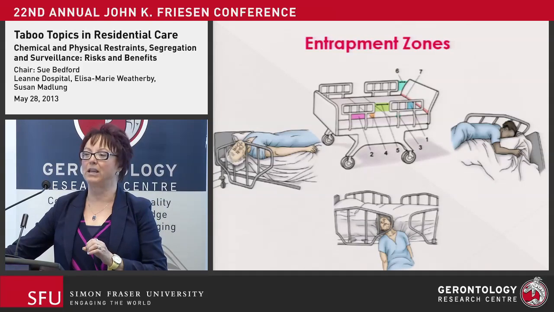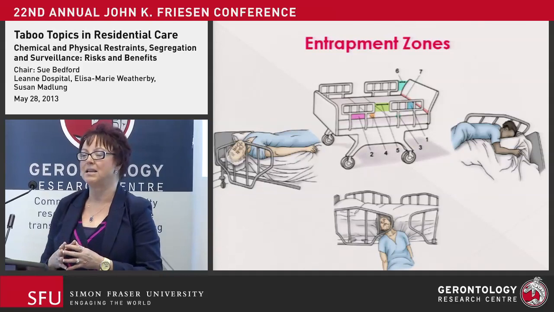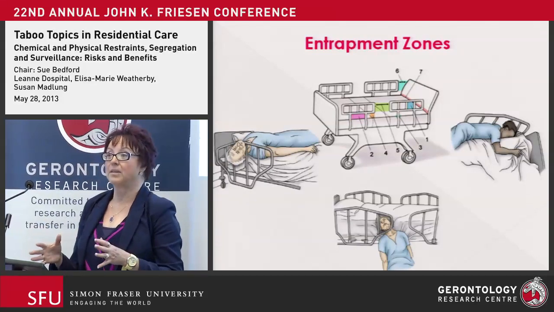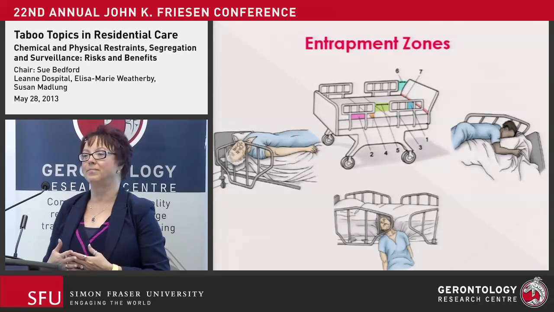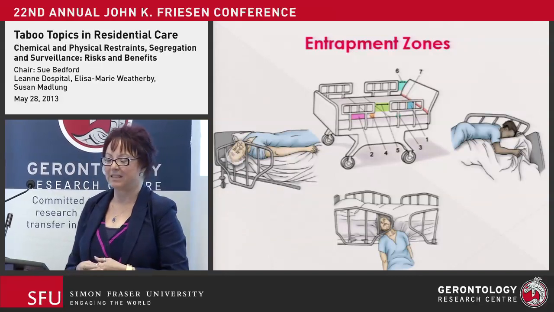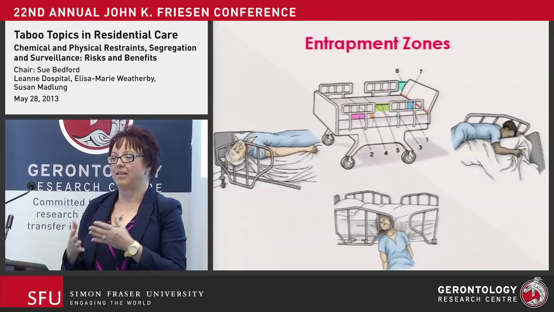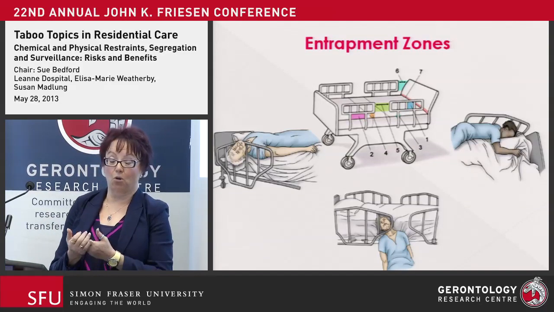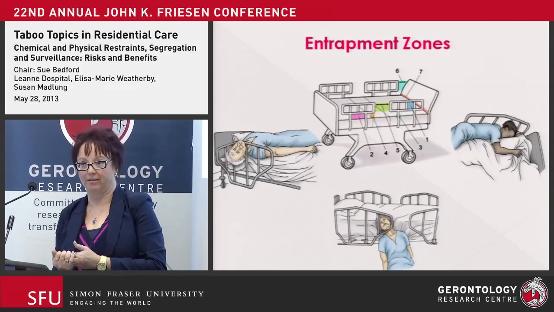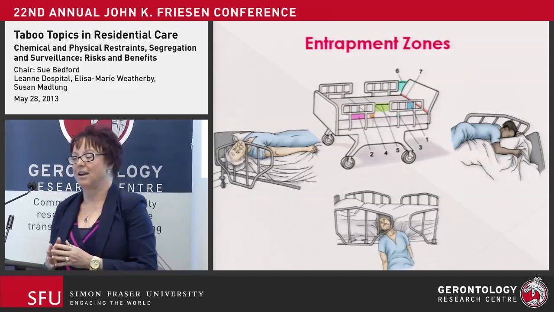And there's things that we use in residential care, in care of the elderly every day that we don't even really think about. I know that low beds have now become the big deal in residential care. If you put that bed too low, what happens? They can't get out of it. We put that low at night so that what? So that they can't get out of the bed. The only reason I suggest a low bed is if that resident is actually at risk of rolling out of it, not getting out of it. So low beds are restraints.